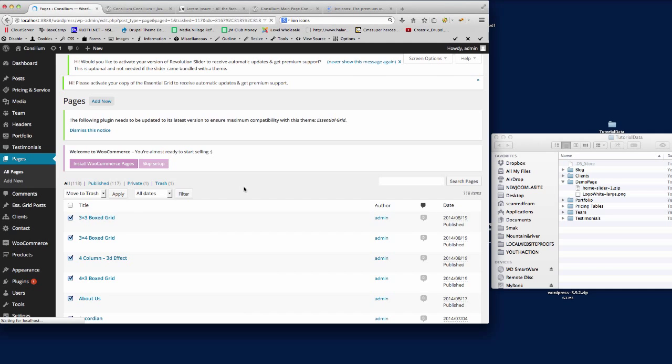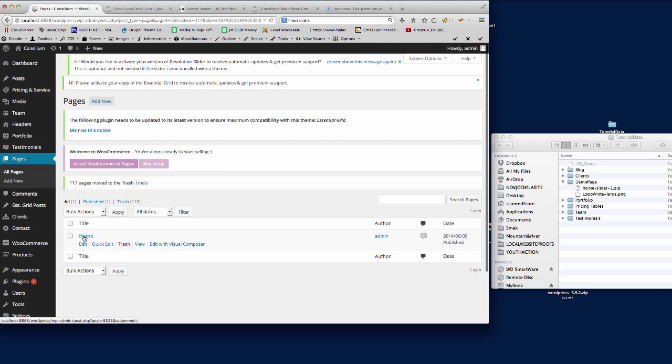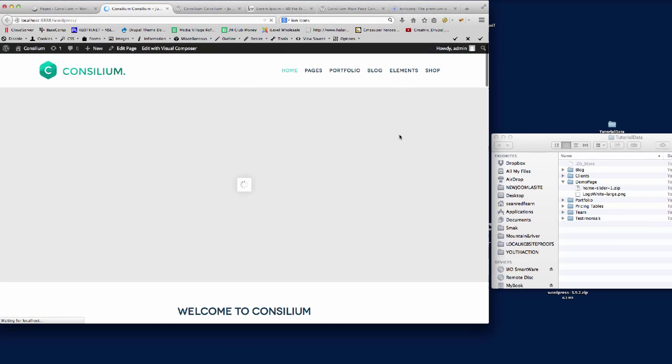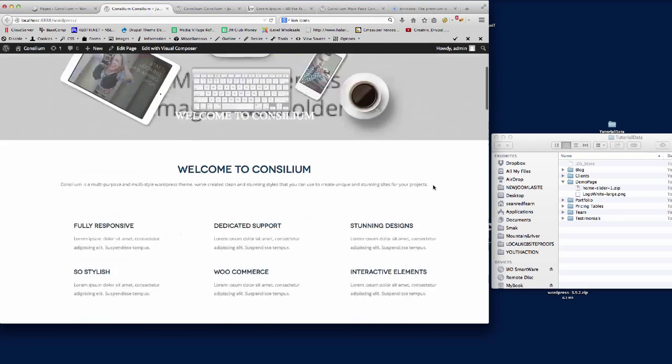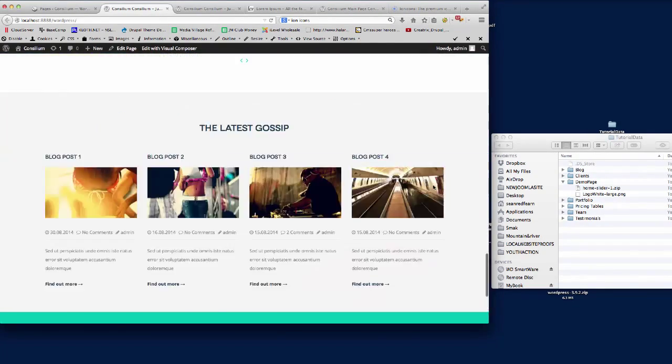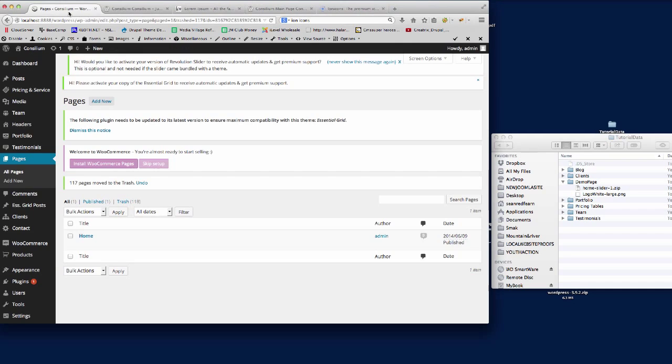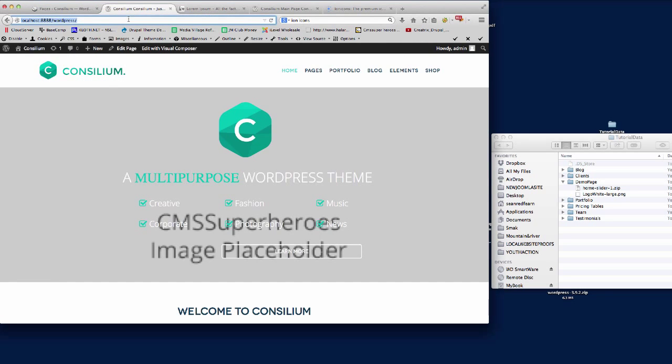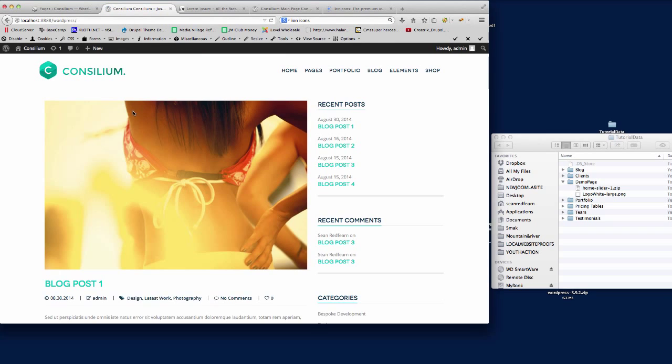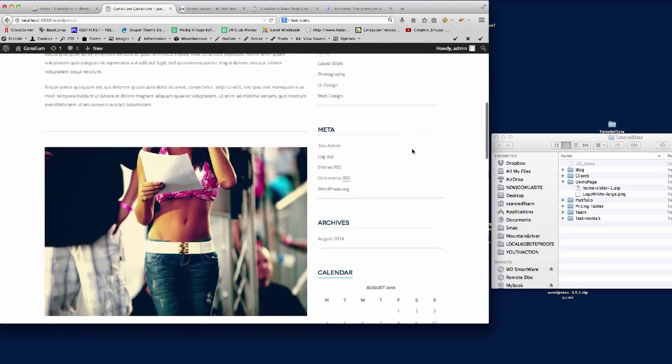So if we were starting from scratch like we are, this is the home page. If we do a quick view of that page, we'll open that in another tab. You'll see it's what we've just been looking at. So that's the page at the moment. So I'm going to trash that as well, and this will now break the site in the front end, or at least it should do,